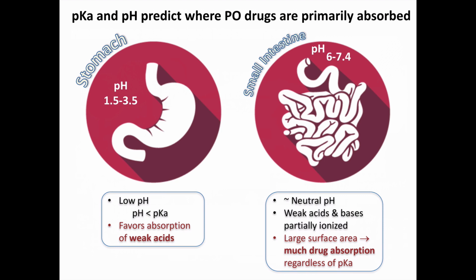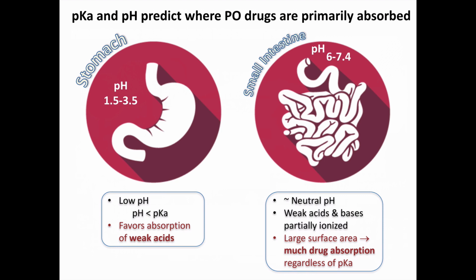The lumen of the small intestine, however, is much closer to pH neutral. Both weak acids, pKa of 4-ish, and weak bases, pKa often 9-ish, can be predominantly in their charged forms in aqueous solution at neutral pH. However, the much larger surface area of the small intestine means that much drug absorption occurs here pretty much regardless of the drug pKa. Even if a drug might be predominantly ionized, there is still some fraction that is uncharged and can be more